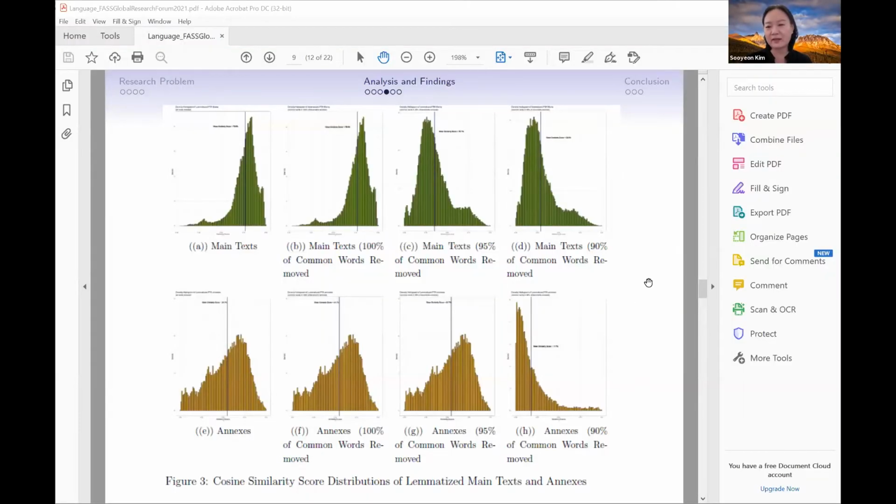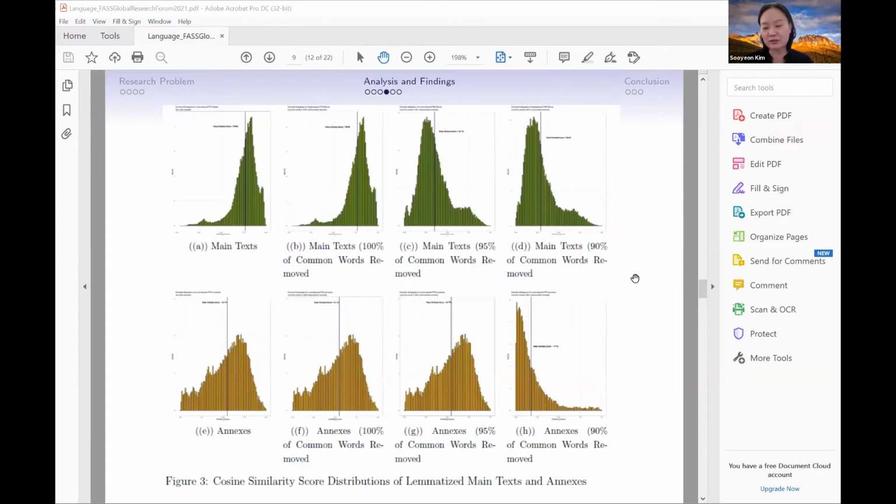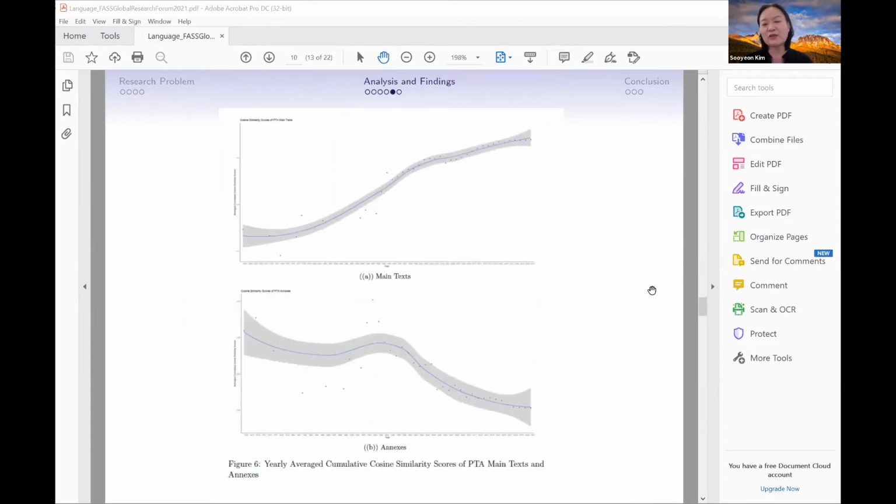Very good. Okay, so I was here, I think, in the discussion of lemmatized main text and annexes, a comparison of the cosine similarities. Right. So I'm going to assume that you heard everything I was saying right before I was cut off and move on to the next. So what is interesting also in this is that we tried to,